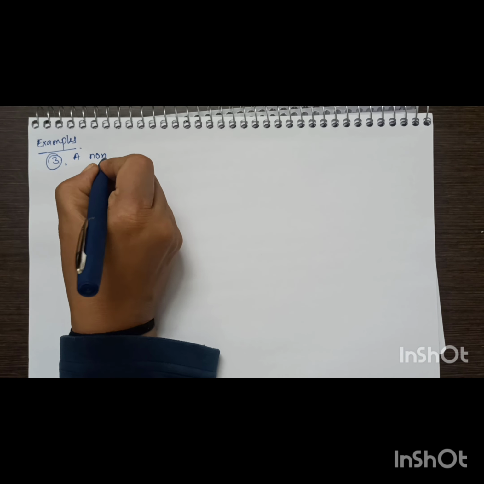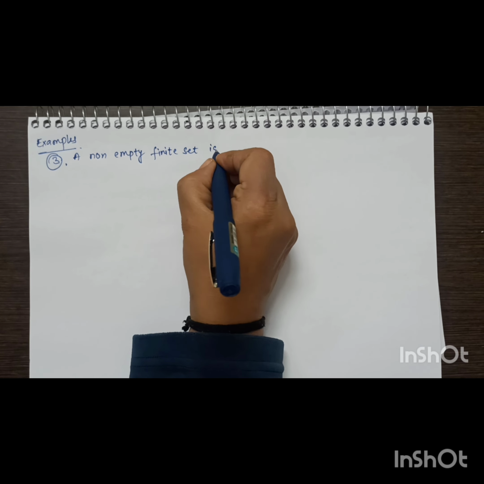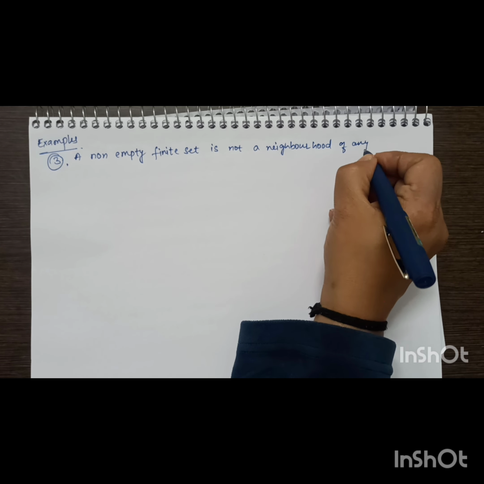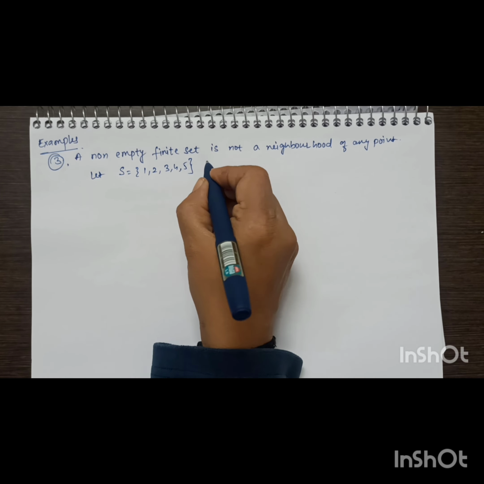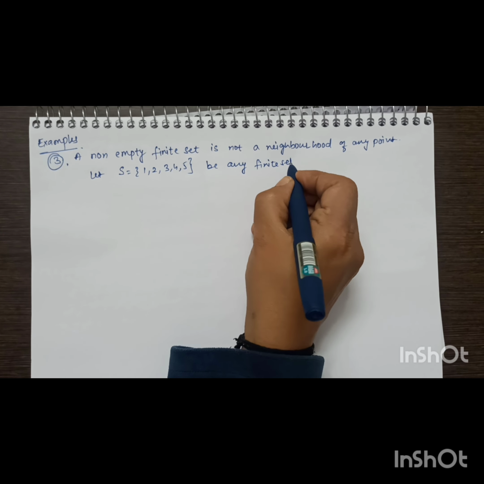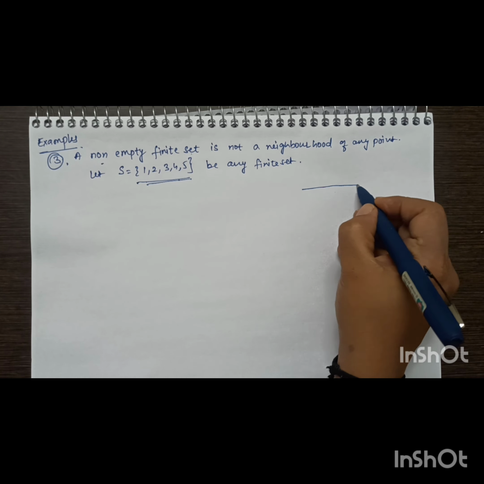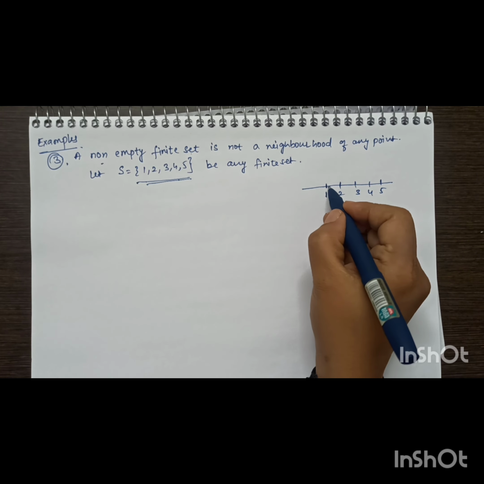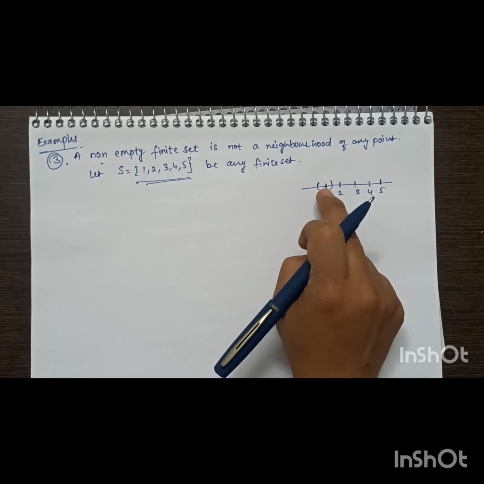Next, example three. A non-empty finite set is not a neighborhood of any of its points. To understand this, I am giving you a suitable example. Suppose S contains a finite number of elements, 1 to 5. These are natural numbers, and whenever you try to cover them in an open interval that contains that point,